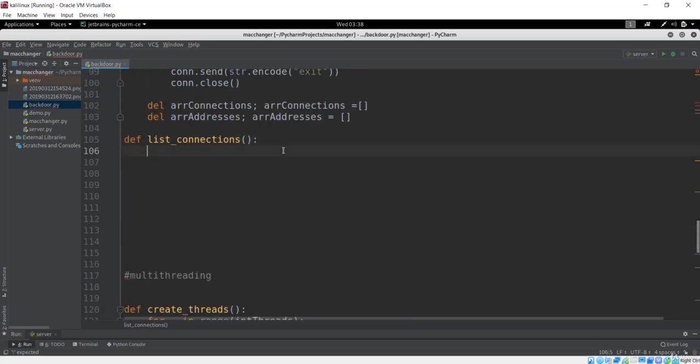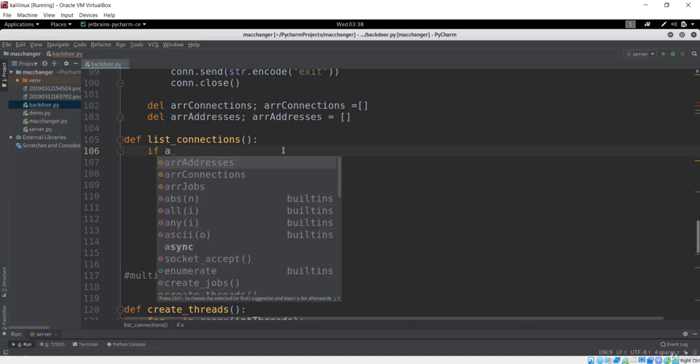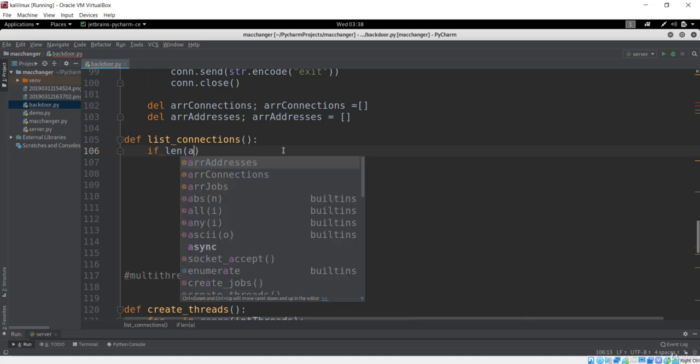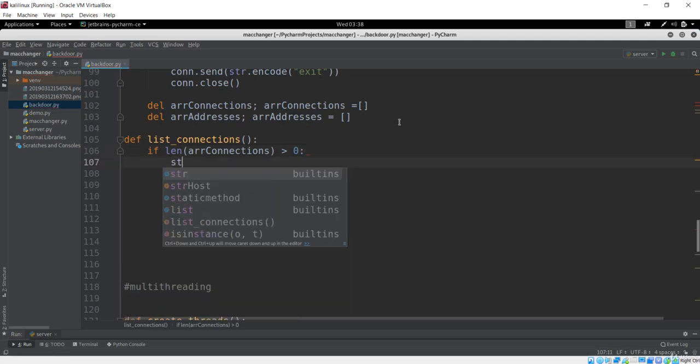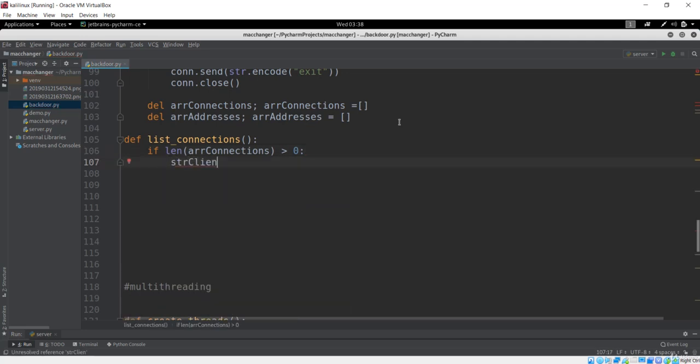So here what you need to do is check if there is any connection or not first. In order to check, we have the length command. We'll just check array connections, that is basically the connections accepted by this server. And if it is the case, I'll make a string clients, and for now it will be just an empty string, and we'll add something to it if we get the array connections. So let's loop again in this array connections. In order to loop, it should be inside here. So I'll say int counter again, and the next one will be the connection in enumerate again,